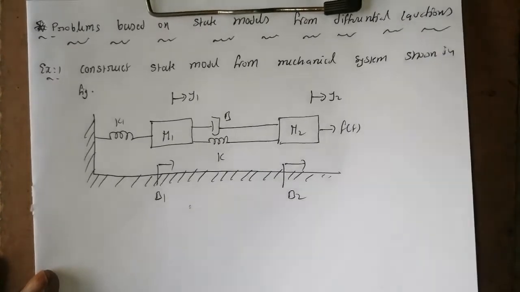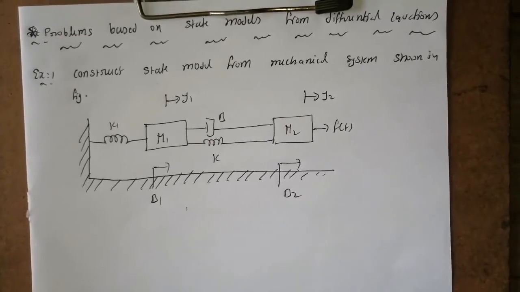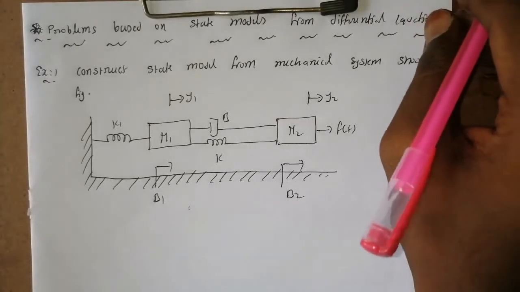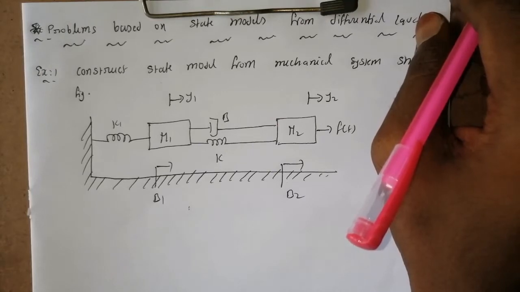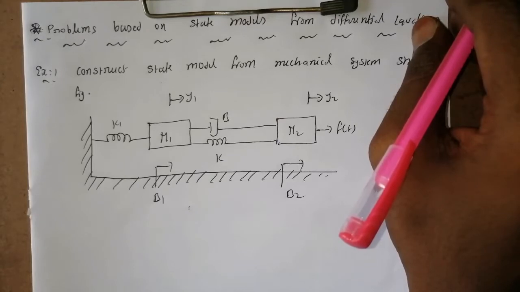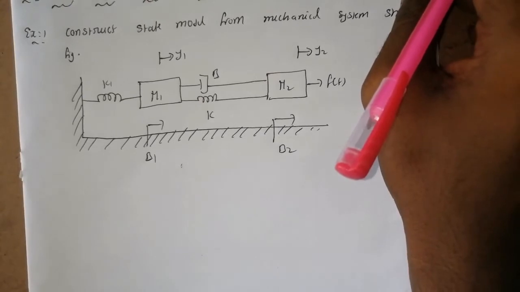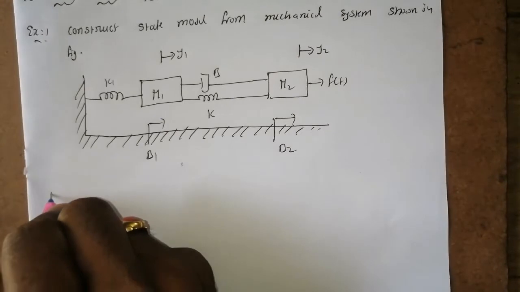So in this mechanical translational system, we have two mass elements, that is M1 and M2. So we will get two sets of differential equations. To form the differential equations, we have to know what the applying forces are and what the opposing forces are acting on both M1 and M2. Based on that, we can form the differential equations. From the differential equations, we can obtain the state model formation. Now, for obtaining the differential equation, first of all, we have to solve using the free body diagram. Let's consider case 1.